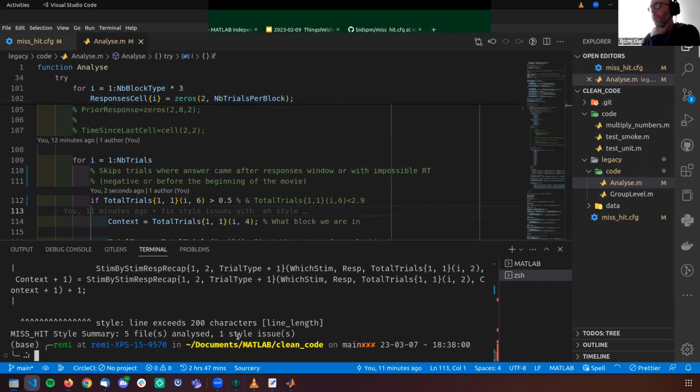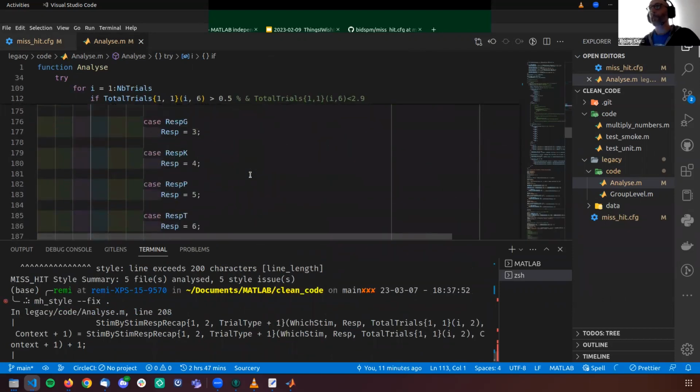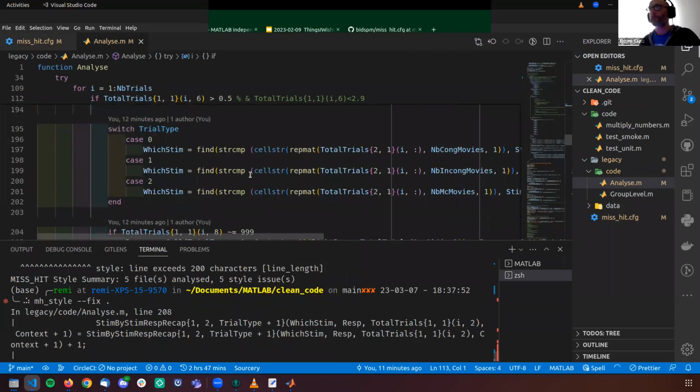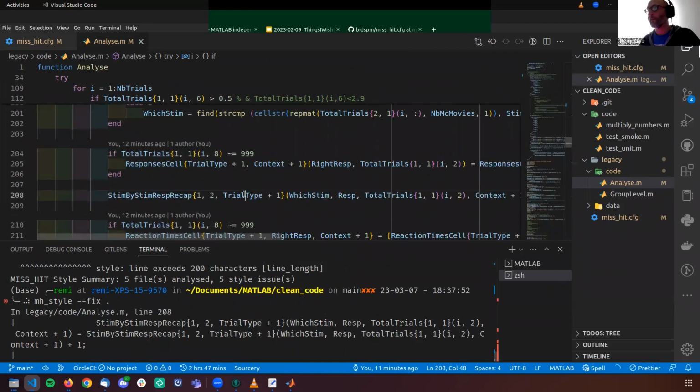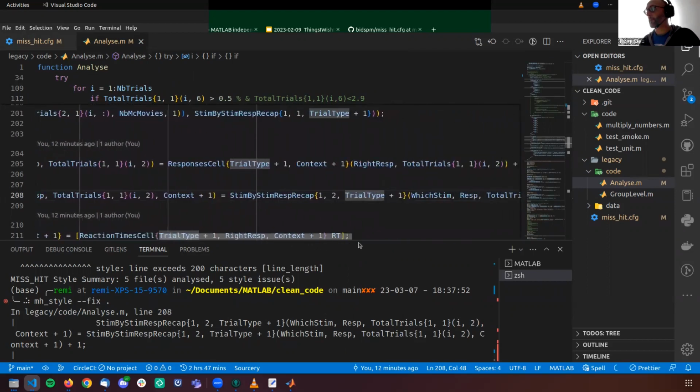And we run it again, and we have only one issue left, which is line 208, and it's this one. Okay.